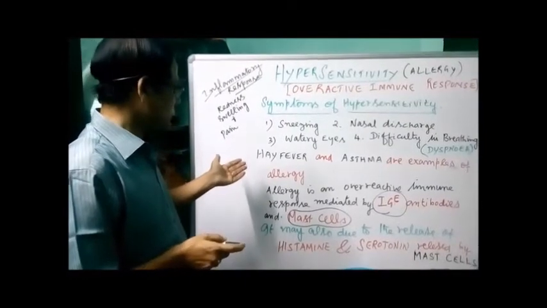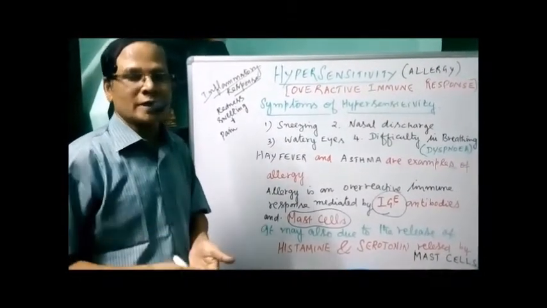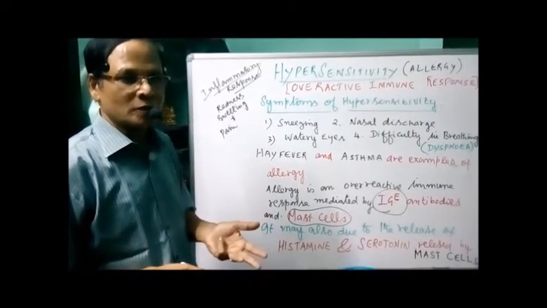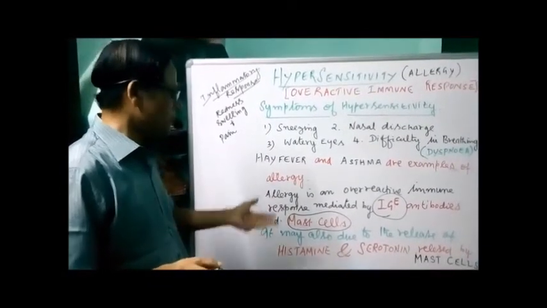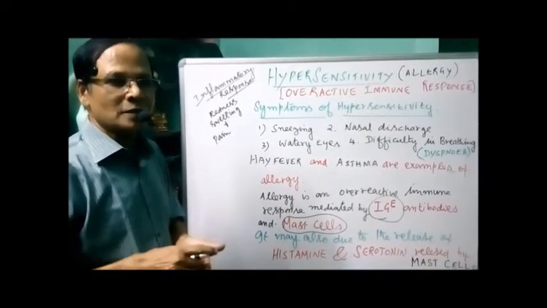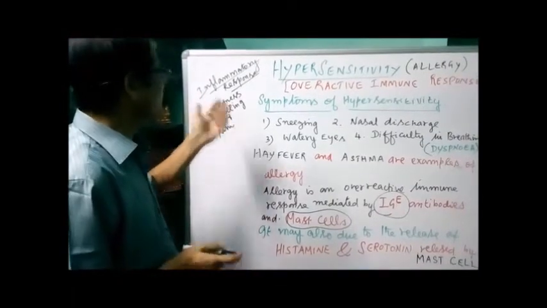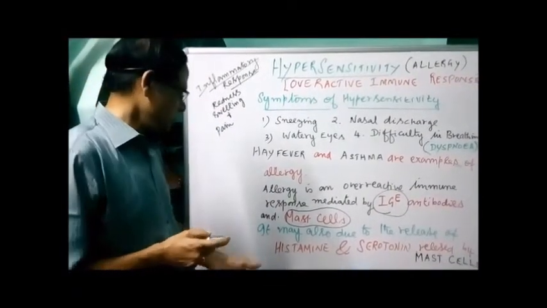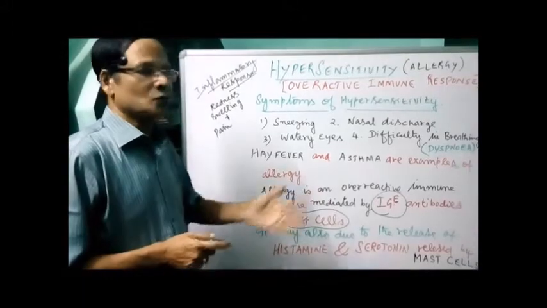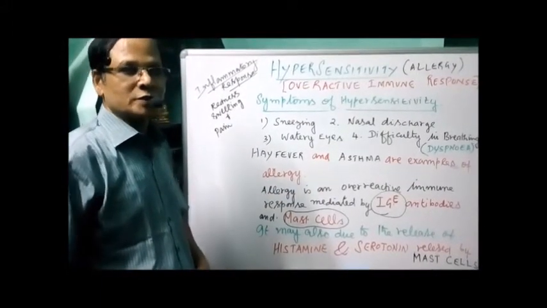Okay, that's about the symptoms and the different components involved in allergic reactions: IgE antibodies, that is epsilon antibodies, and also the mast cells, which release the chemicals. They are signals, called chemical alarm signals. They are involved only in the inflammatory reactions, namely histamine and serotonin. Now we'll see other aspects of hypersensitivity.